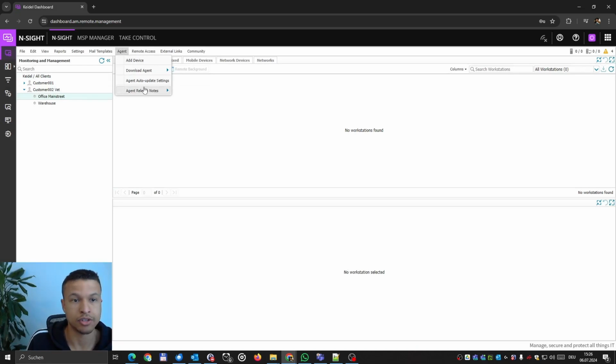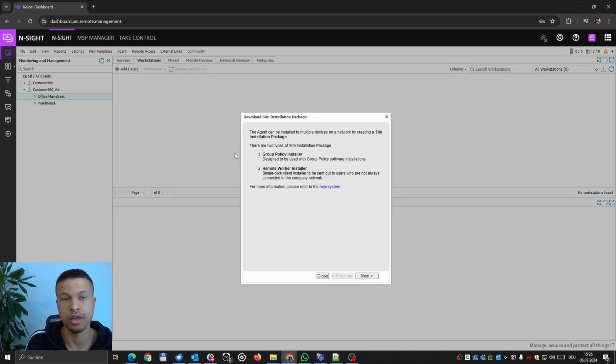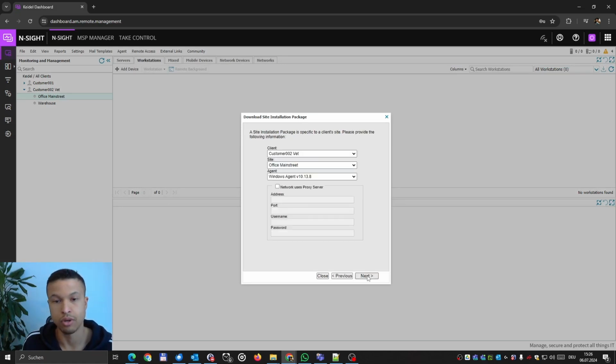Let's go to Agent, download site installation package. That way the agent we create now will automatically be associated with that customer and that site. See it right here, that site Office Main Street. You can set proxy settings if the firewall needs that. Next. Right now the agent is created in the background, and in a minute it will be available for us